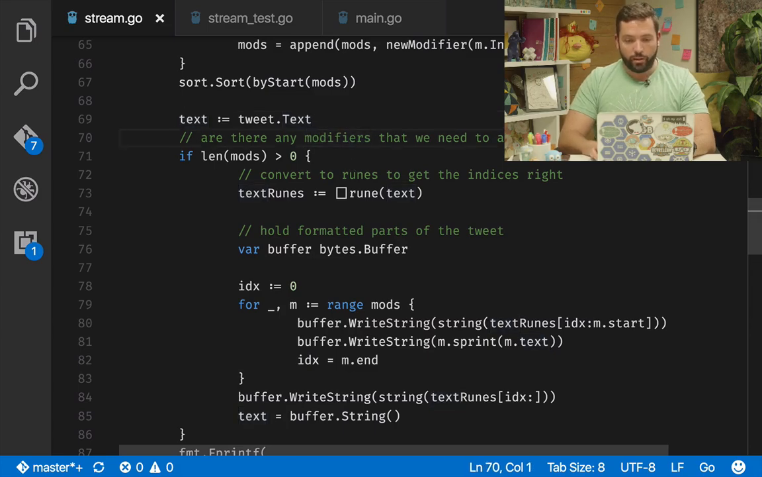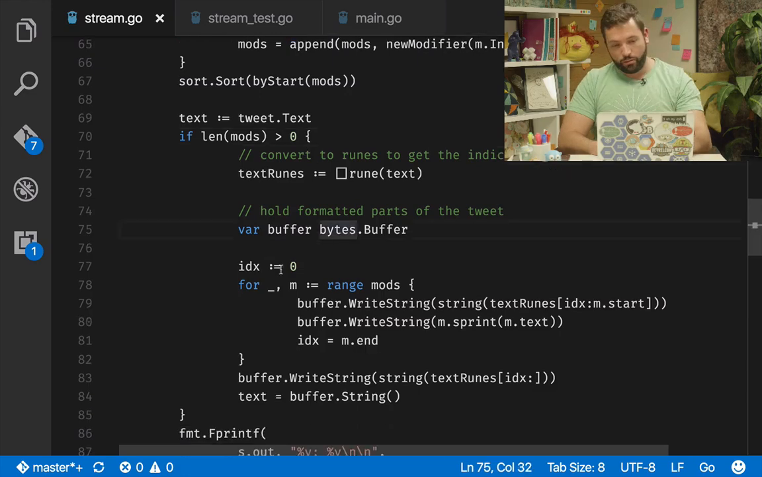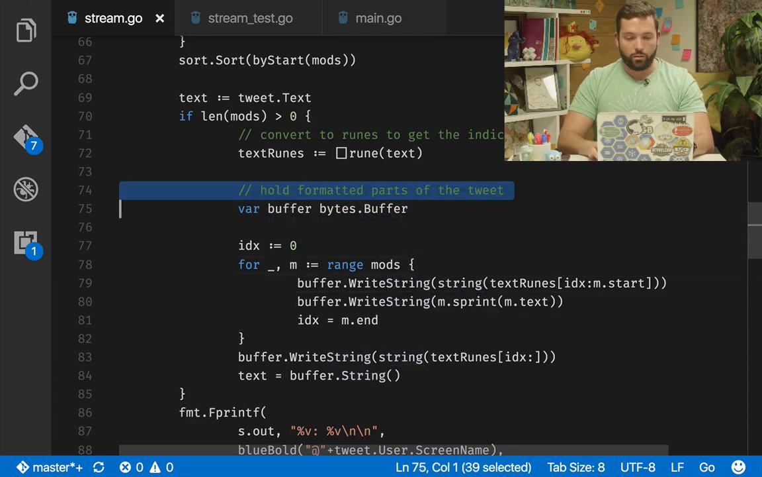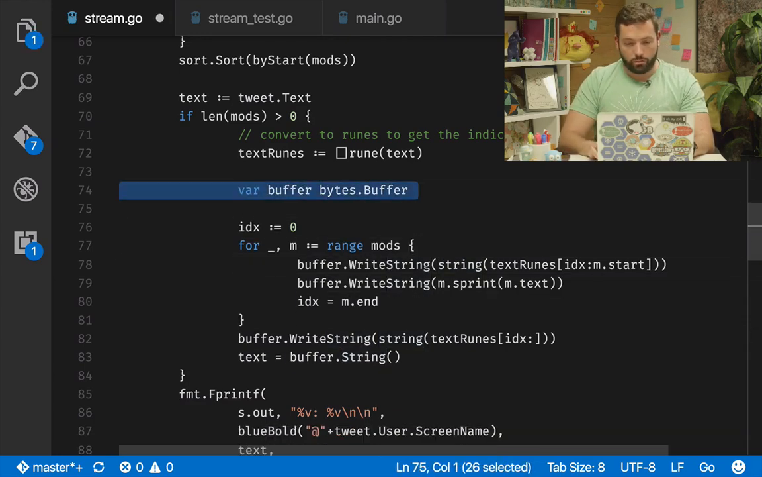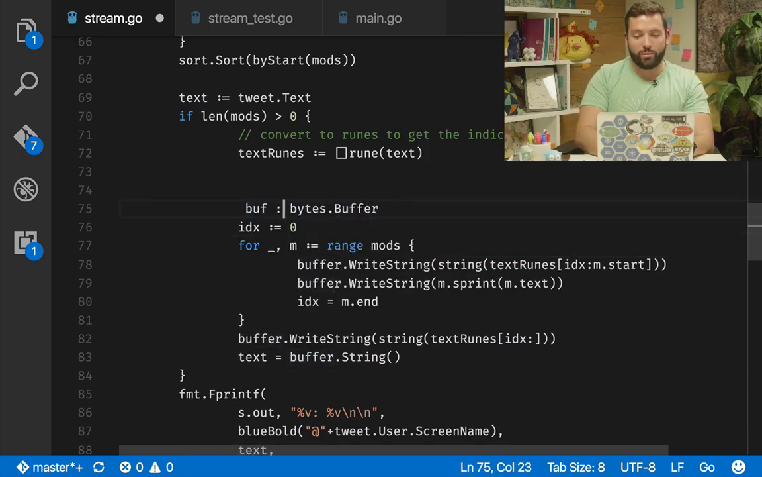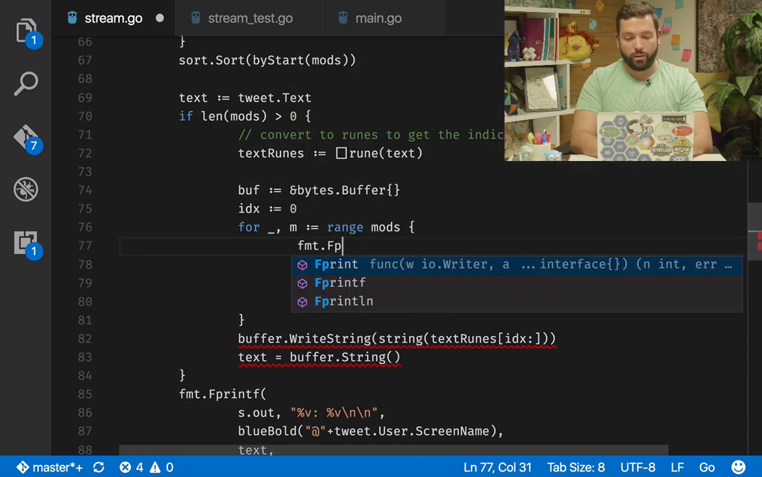Okay, so are there any modifiers that we need to apply? I don't think that is needed. So we're going to go over all the modifications and print this. Okay, so I'm going to change the name of the buffer because I'm very special about things. I like to call it buff and define it as a pointer, because that way I can do